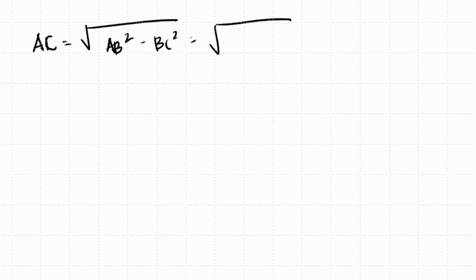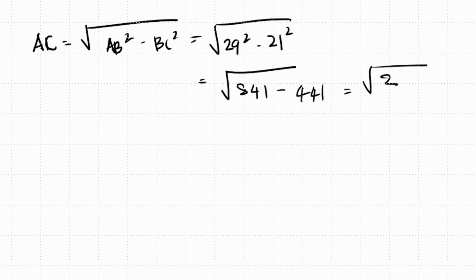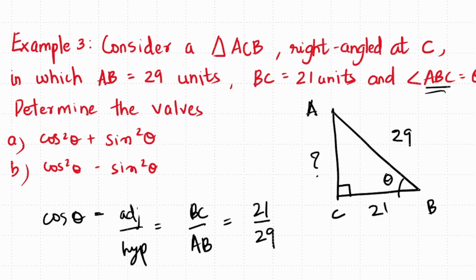For finding AC, it is just the root of AB square minus BC square, nothing but 29 square minus 21 square. 841 minus 441, right? 400, the root of 400 is 20, which is the AC's value. So sine of angle theta is